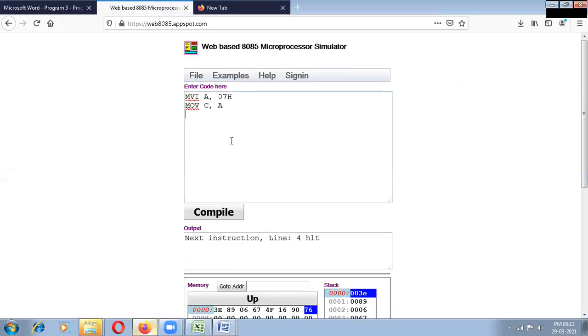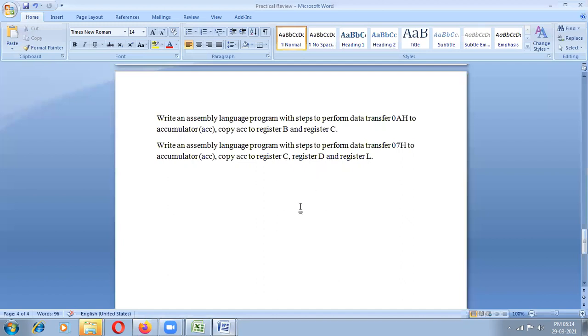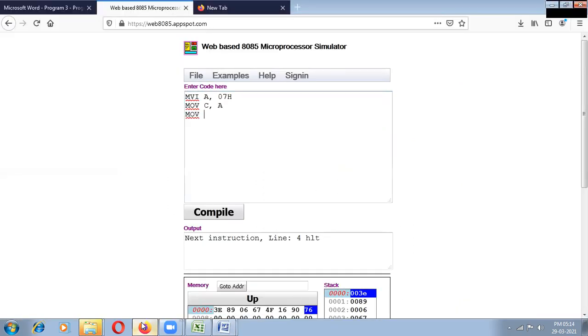So move immediate. What is the next register? The register D and L. So move D, comma A, and move L, comma A. Only these instructions.